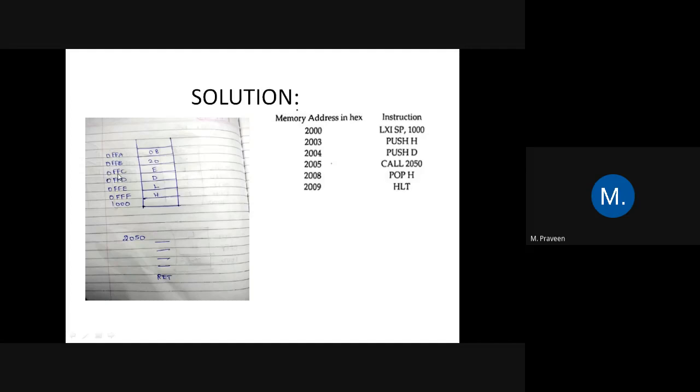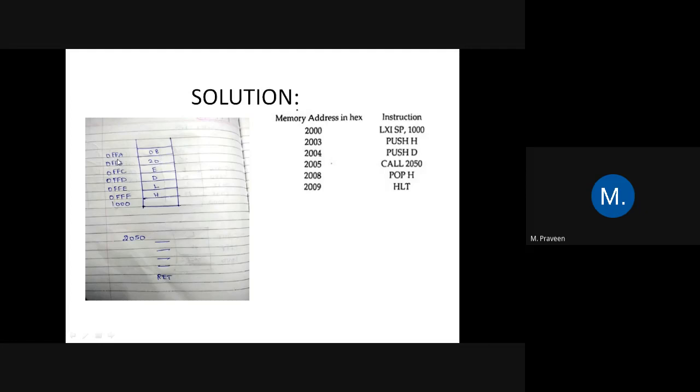Okay, so now while doing pop H, what will happen is, the current value from the address is E. So this will be moved to L, and similarly D will be moved to H. So after pop H, the content of HL will be replaced by the value of DE. So the value of D and E is now moved to the HL register pair.